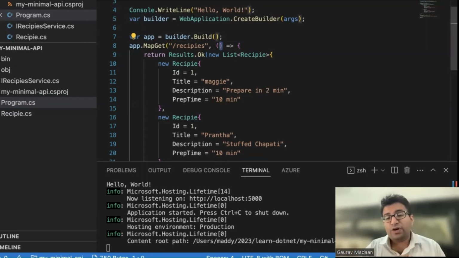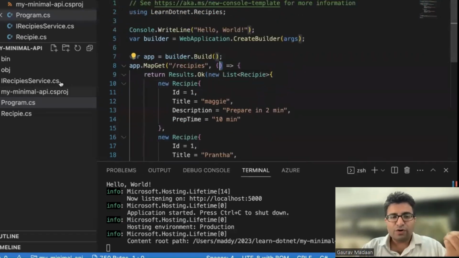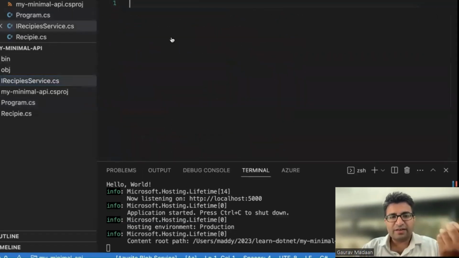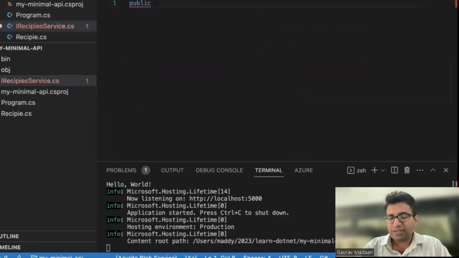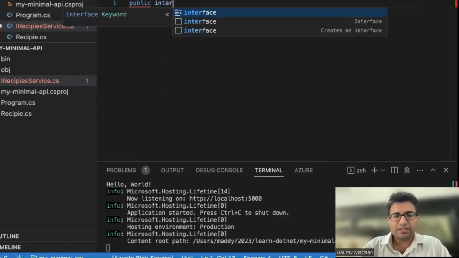However, if you are still having multiple endpoints, but they are bounded by your context, let's say one microservice, but still having a good number of endpoints, I prefer creating extension methods. If you want to inject any service, you can create an interface, and you can inject those services here. So like you can say public interface